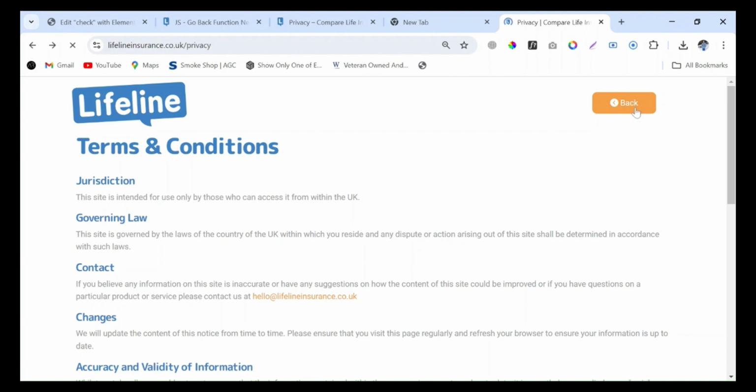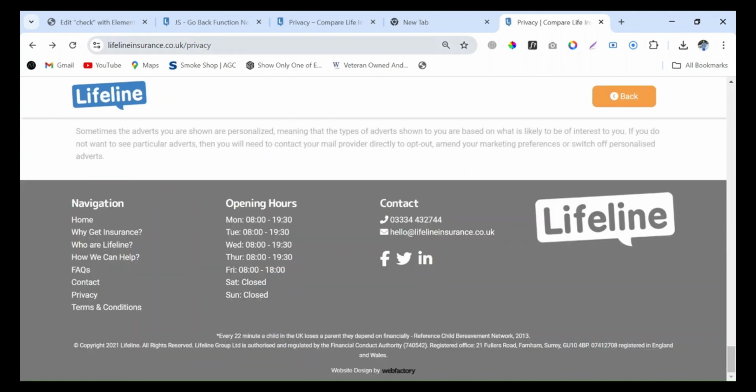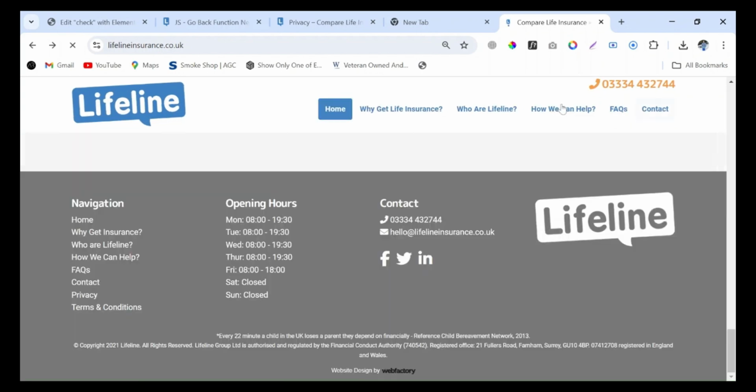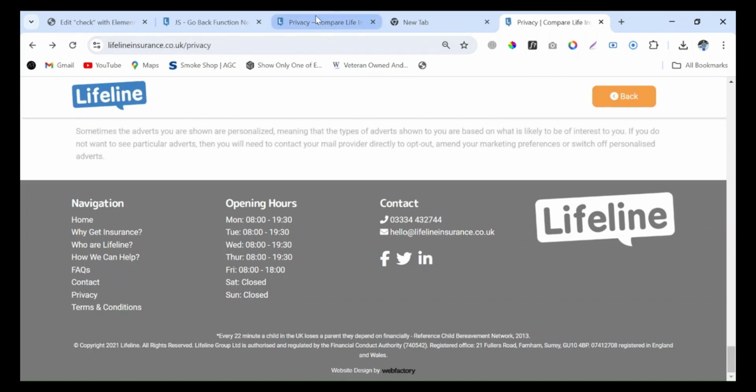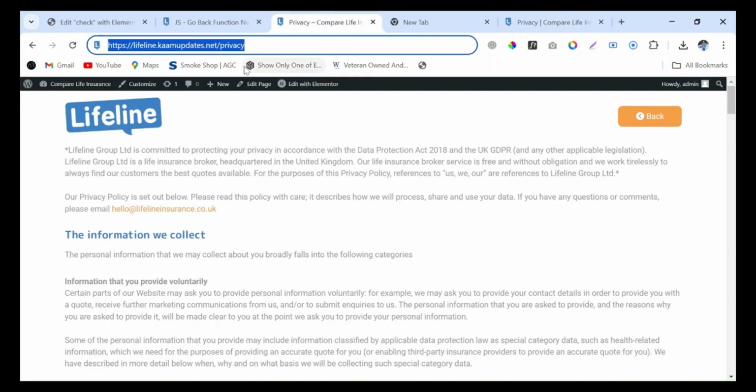Just click on this and you will see that you are in the privacy page. And again you click on back, you will go back to the most recent page, which is the home page. So I want to implement this functionality in my development website,